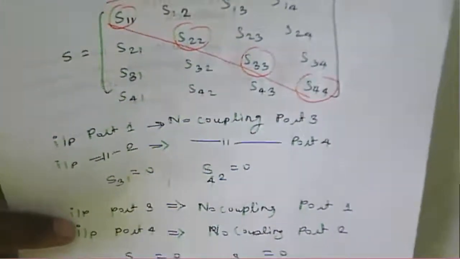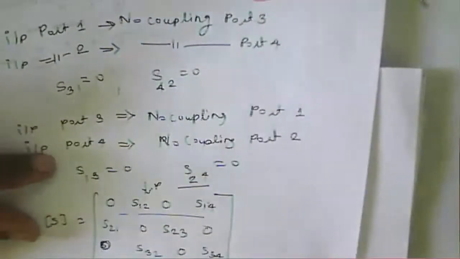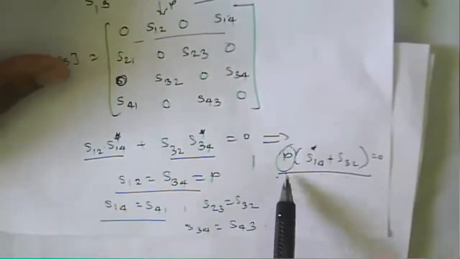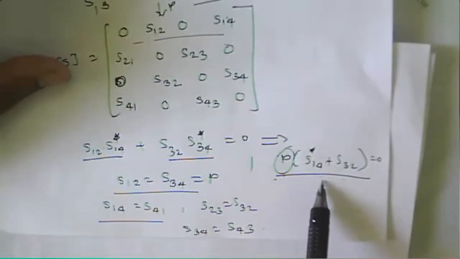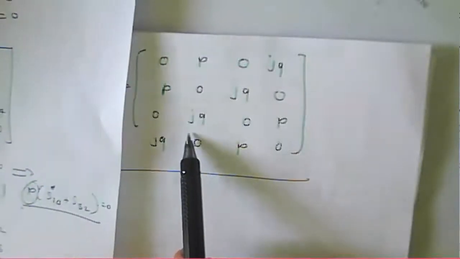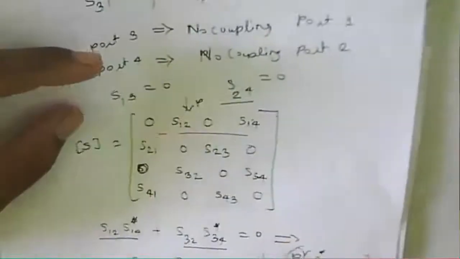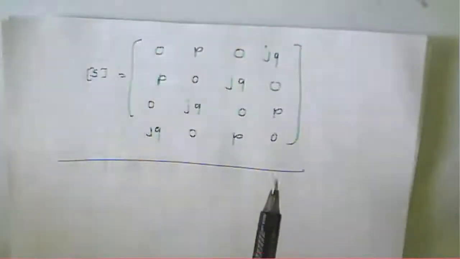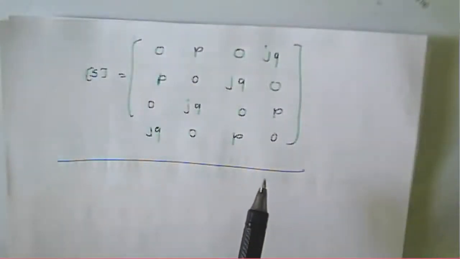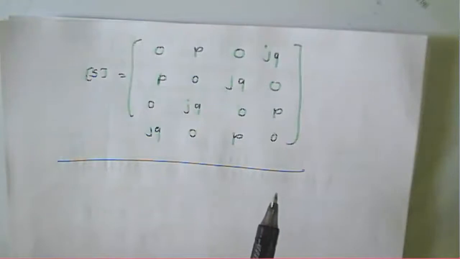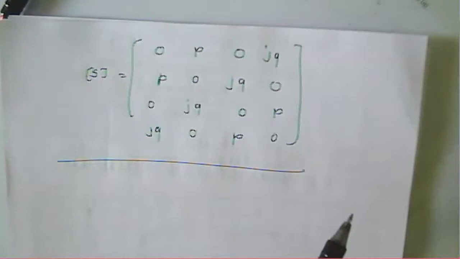Suppose this one is positive, then all others will be imaginary. So if you see, S32 is here, S32 is here, imaginary, and this one too. This is about S14, which is imaginary. So just remember that one portion will be imaginary, and one portion will be primary. That is the case we see in a two-hole directional coupler.